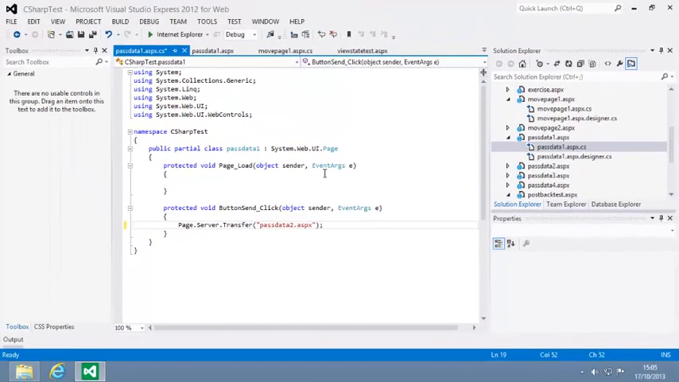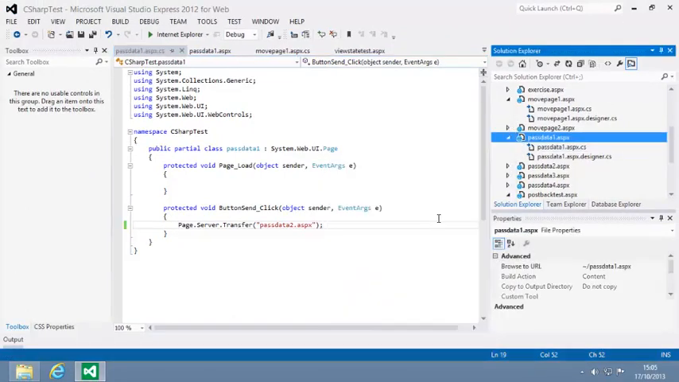Now view passdata1.aspx in your web browser. Change the text in the text box if you wish, and click Send to Next Page. Passdata2.aspx picks up the data and displays it. But because you used Server.Transfer, you still appear to be on passdata1.aspx. Close your web browser now